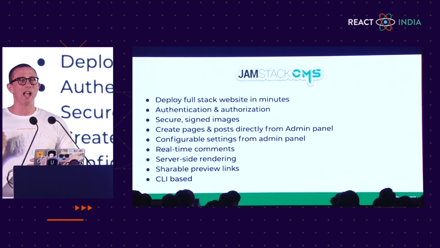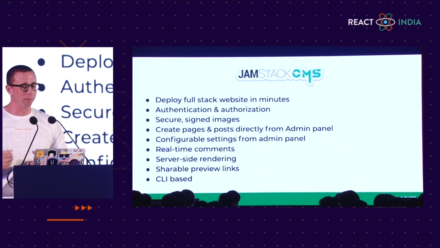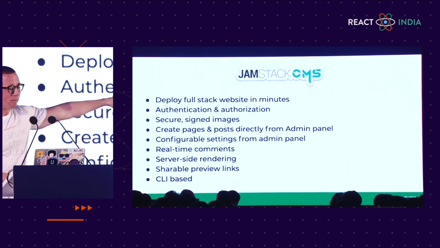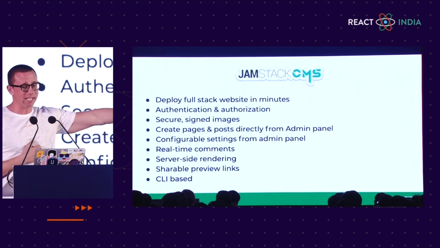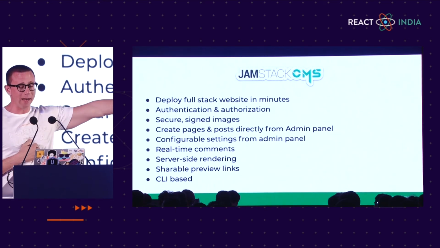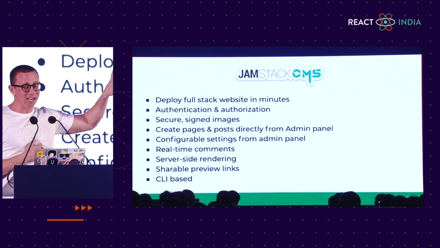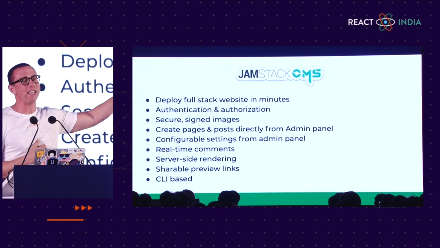So from the command line, you can run Jamstack configure to add admin emails before you deploy. Then when someone signs up with one of those admin emails, they're automatically added to the admin group, which gives them access to the admin panel where they can create, upload new images. They can reference the images that are available. They can create posts and pages, and then they can view the current version of the app in the admin